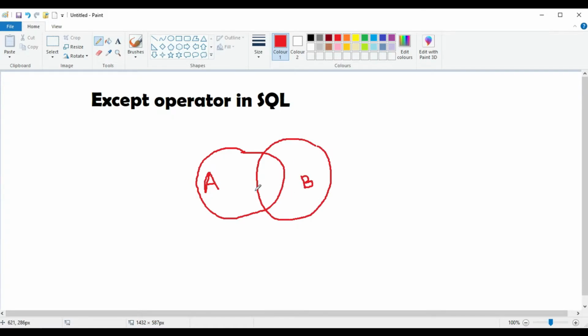So when you do A except B, meaning the select statement of A, then except, then the select statement of B, what we get is only this portion of the area.